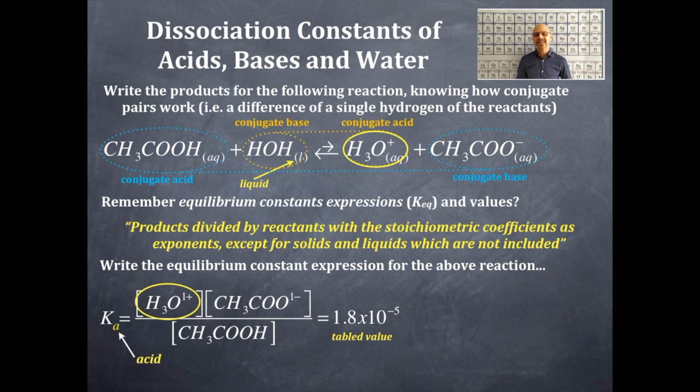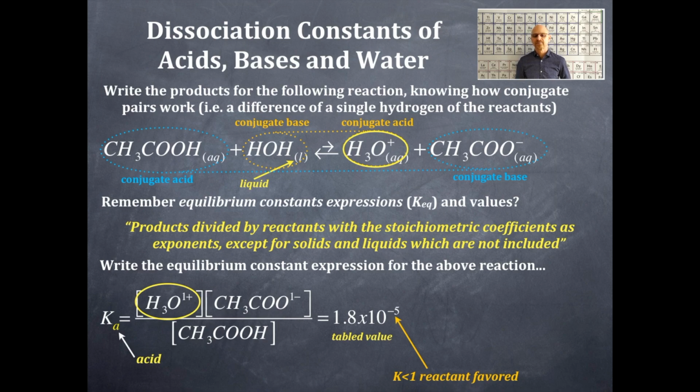And it's 1.8 times 10 to the negative 5. That times 10 to the negative 5 should let you know that this is a reactant-favored reaction. I want you to look at the two equilibrium arrows that I had originally drawn out for this problem here. You should see that the longer arrow is going towards the reactant side. That is letting you know that this reaction is reactant favored, and the K value for this, the Ka specifically,